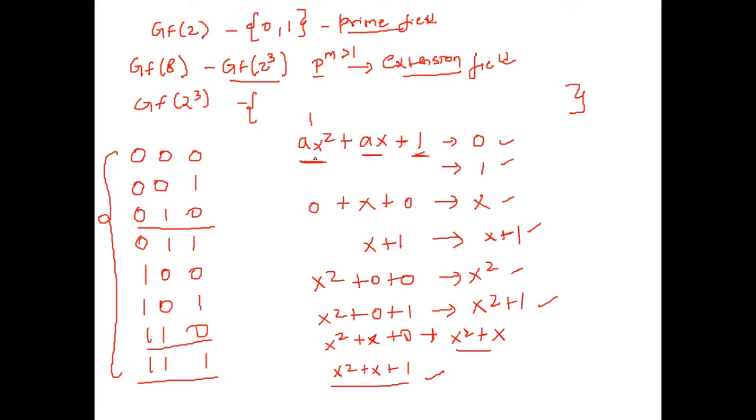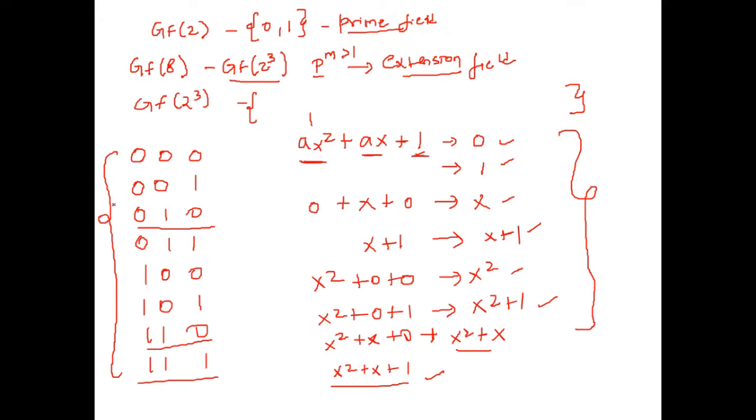Since the value is either a 1 or a 0, each term is either a 1 or a 0. If a term is considered to be 1, we consider a to be 1. If a term is 0, the entire term is 0. That's how we have attained all these polynomials.